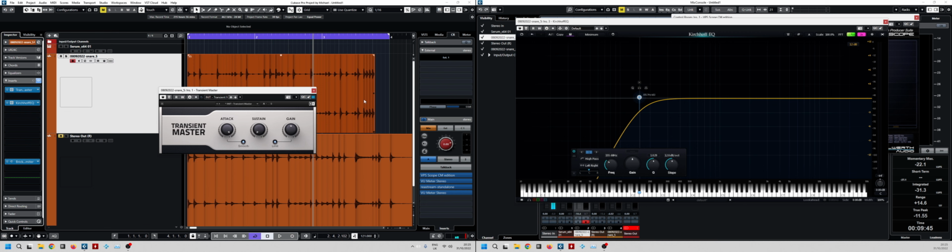And it's because your transient shapers are introducing crazy amounts of phasing and low frequency noise rumble that's causing havoc with your drums,